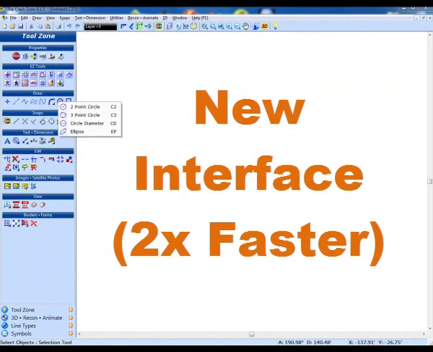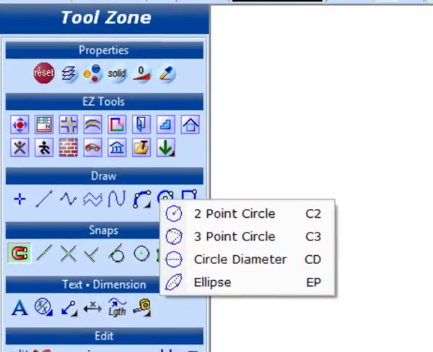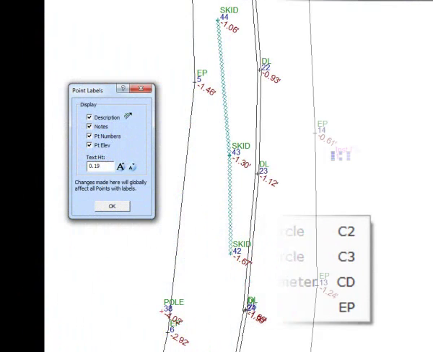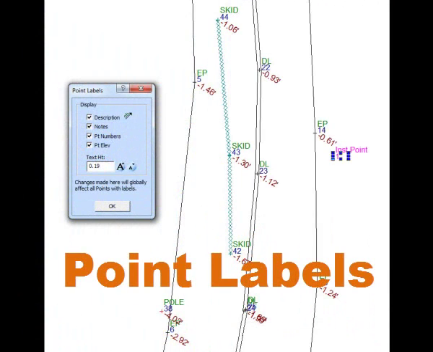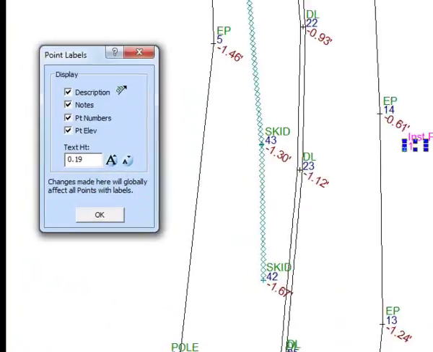Welcome to a What's New look in version 9. A fresh new look, new and improved features, easier than ever before to create drawings and animations without sacrificing accuracy